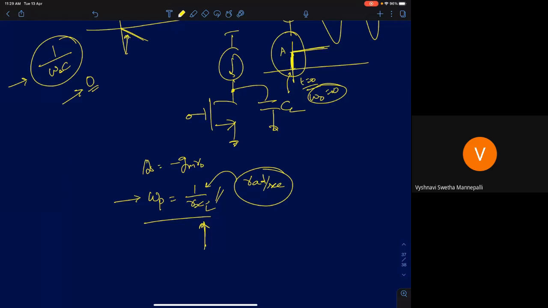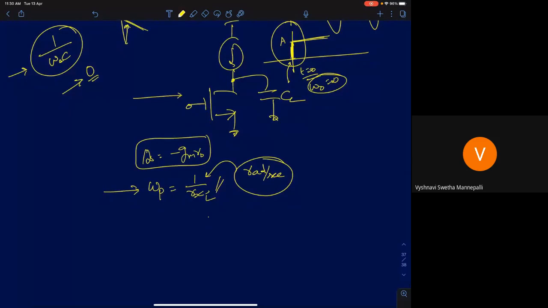Now we have the DC gain we found for this circuit. So this is the intrinsic gain, and this is the lowest location of the pole, because R0 is very high. Anytime you connect RL, R0 parallel RL decreases. So this is your lowest value of the pole, and this is the highest value of the gain.